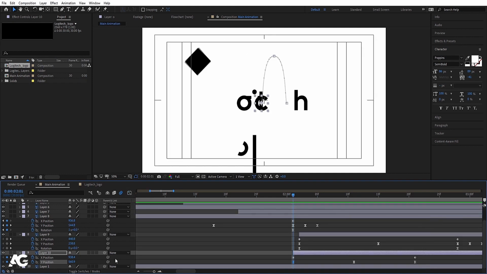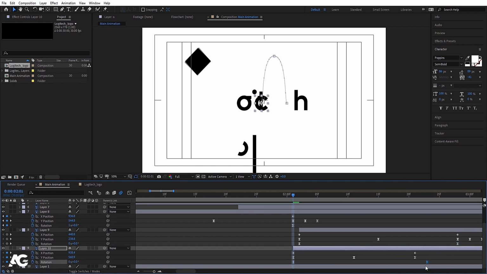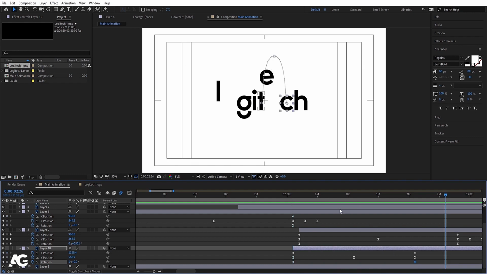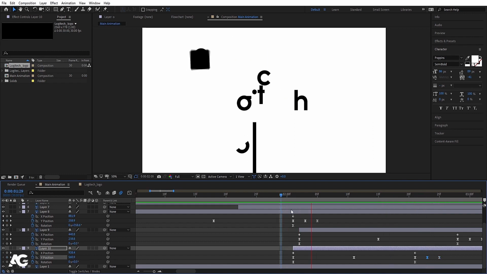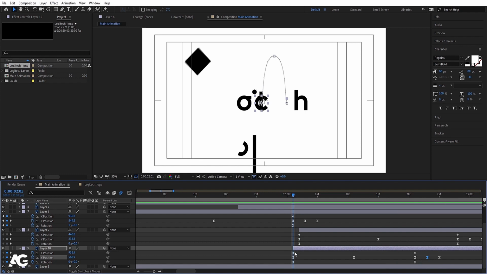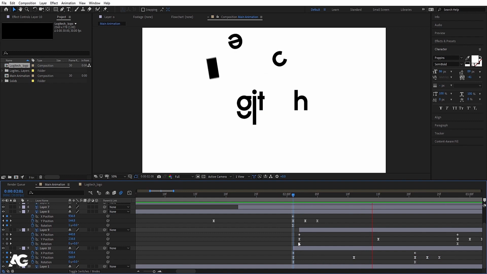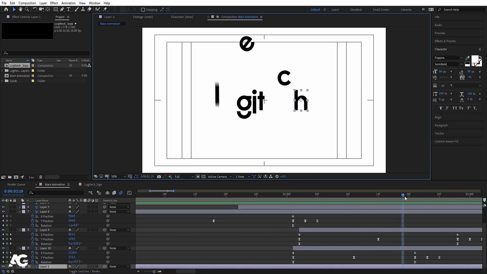Okay, then we need to change the rotation. You can simply select the rotation keyframes of this one, hit Ctrl C, select this one, hit Ctrl V, then hit U and adjust the rotation keyframes like this. And we need to do some bouncing animation over here. So I'll bring this over here. Now we have to select those keyframes and hit Ctrl C, and we will select this edge,